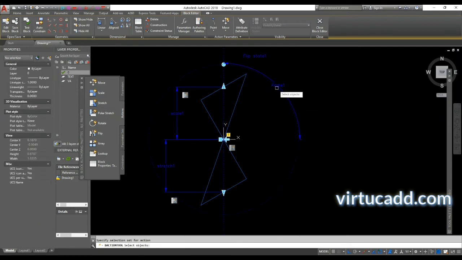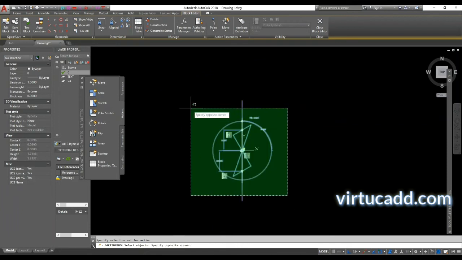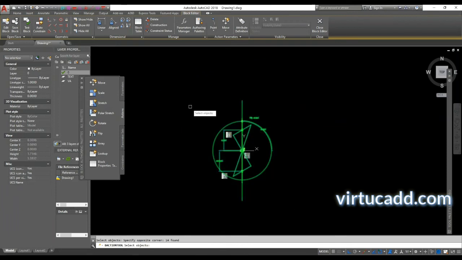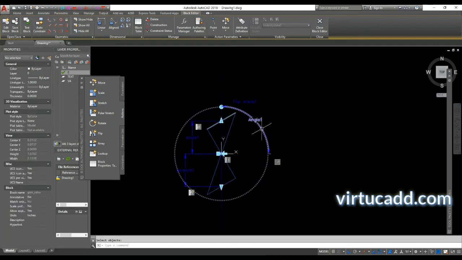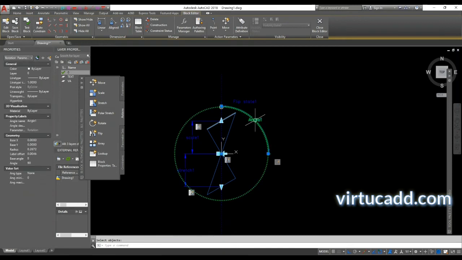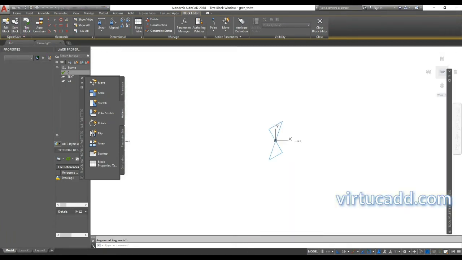Select the parameter first, then it's asking to select object. We will select the object, right frame, enter. Now it's applied. Okay, so again we will select this angle parameter, and here we will set the angle type as increment, angle increment 10. We can have 5 degrees also, no problem. Minimum 0, maximum 360. Let's keep it as is. Okay, save the block and test the block.